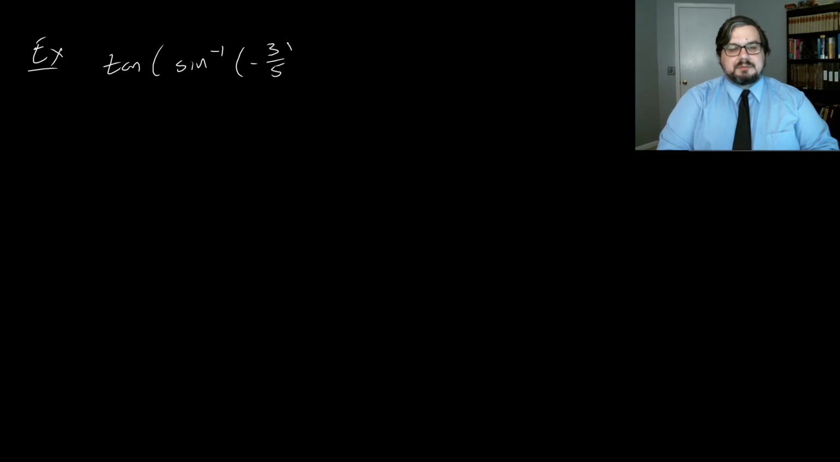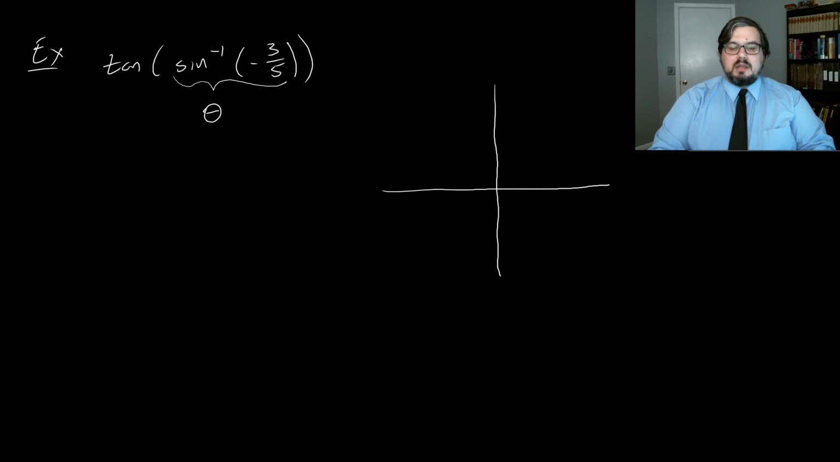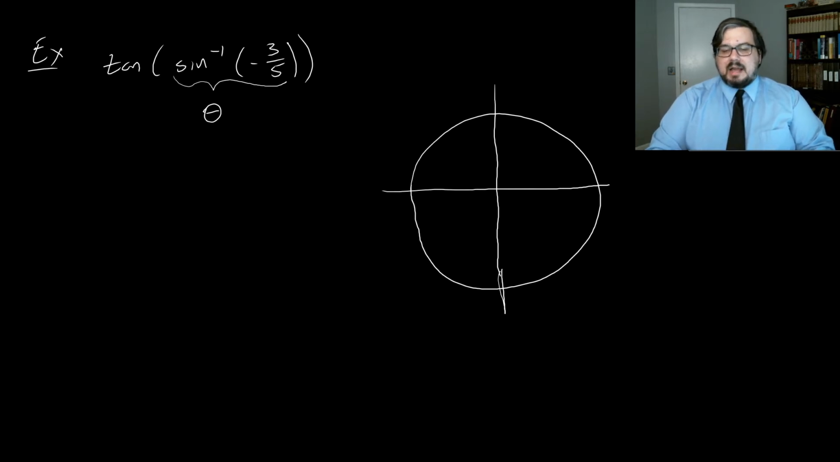Let's try to find tangent of inverse sine of -3/5. All right, so here, what I want to do to understand this is I want to go ahead and give this inverse sine function or value a label of theta. Now, I don't know what theta is, and in fact, it's not even one of our standard angles that we work with. But I do know that it has to lie in quadrant 4,